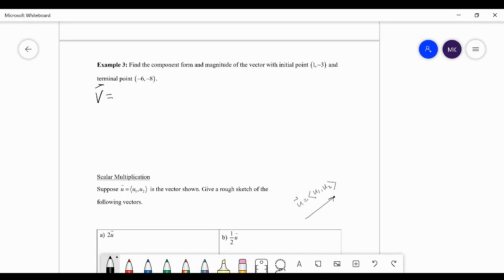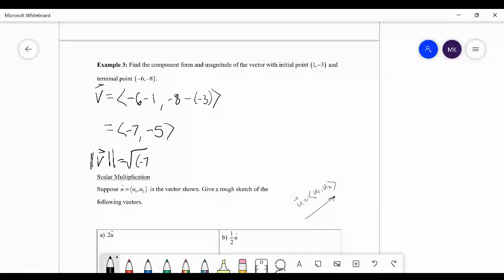So the vector v is going to be equal to q1, the terminal point, minus p1, so it's -6 minus 1, and then q2 minus p2. -7, and then -8 minus -3 becomes -5. So there's our vector. Okay, now to find its magnitude, the magnitude of vector v is the square root of -7